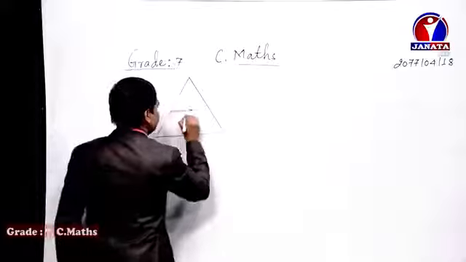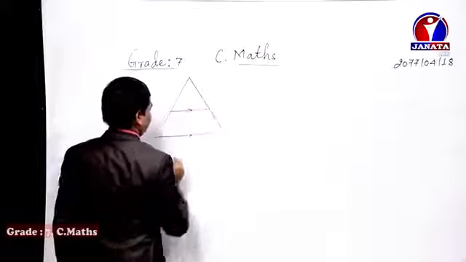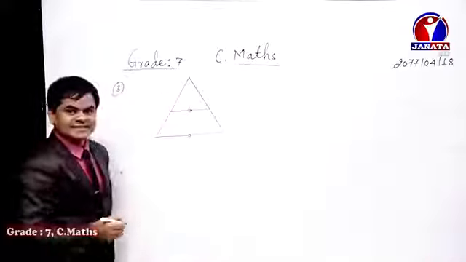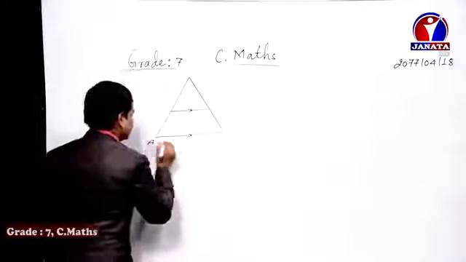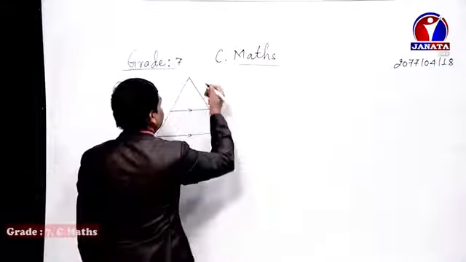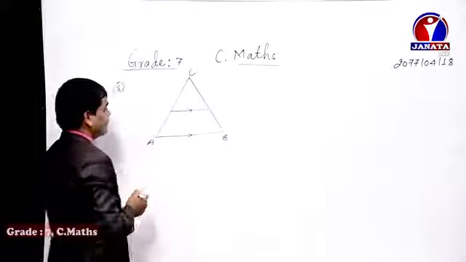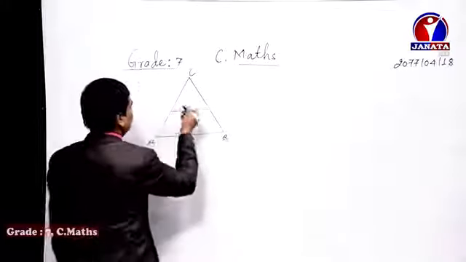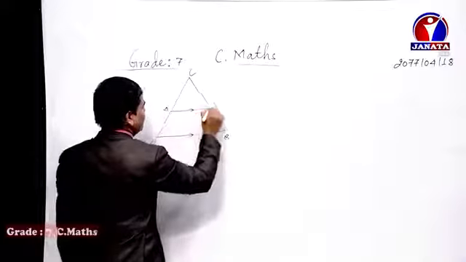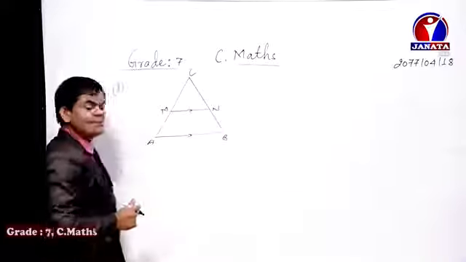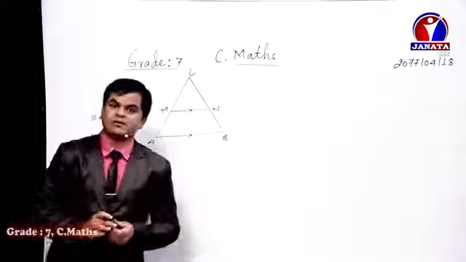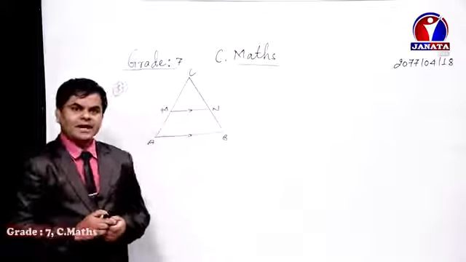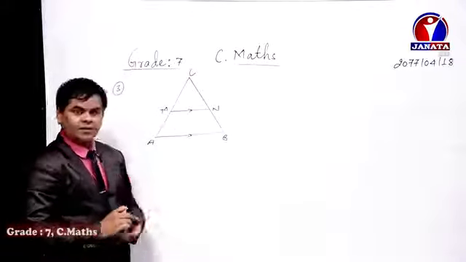I'm going to create a parallel sign between these two straight lines. I'm going to write the name of this one as A, B, C, the biggest triangle. The bigger triangle is named ABC. Now the smaller one, I'm going to keep M and then N. It means the MN straight line is parallel to AB.